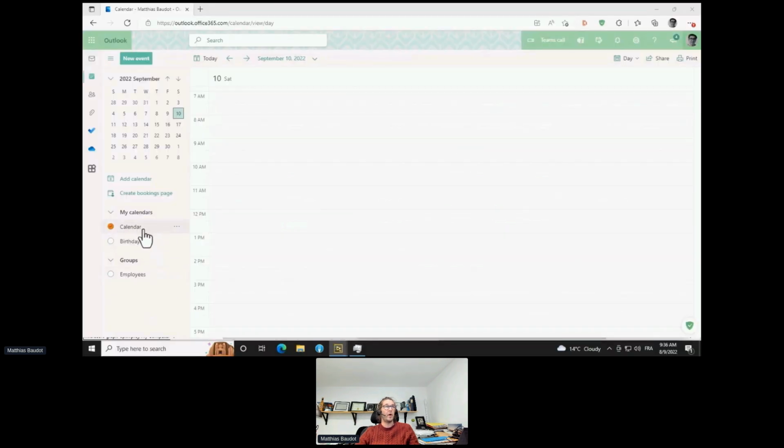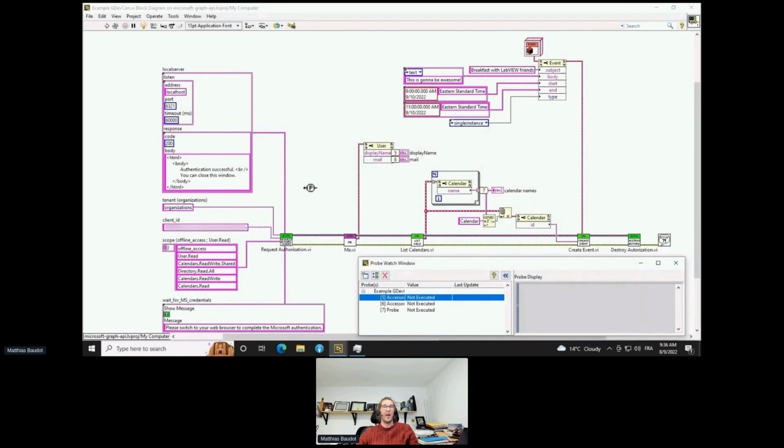So here I'm on Outlook on the web, looking at my calendar on September 10. I'm logged in as Matthias Baudot. And this is the code that I'm going to use to add a calendar event. So I'm going to request the authorization. I'm going to get the resource myself just to make sure it's me who is logged in, show my display name and my email address. I'm going to list the calendars, search for the calendar name calendar, and create an event